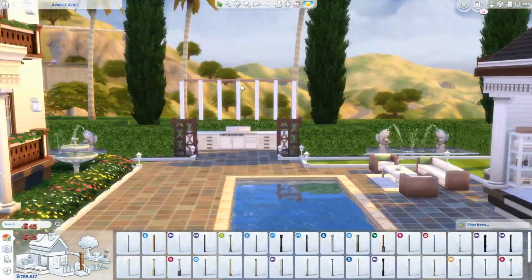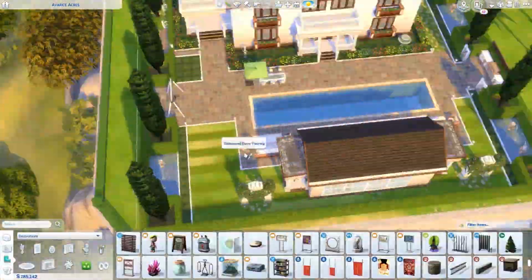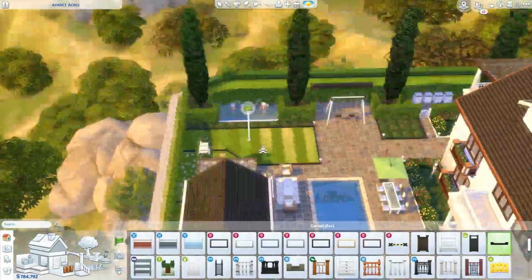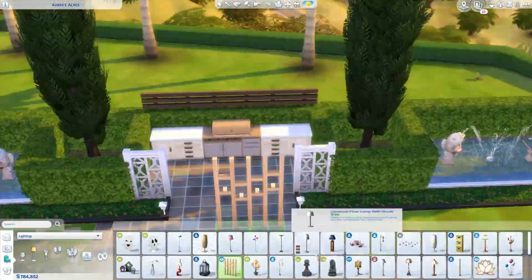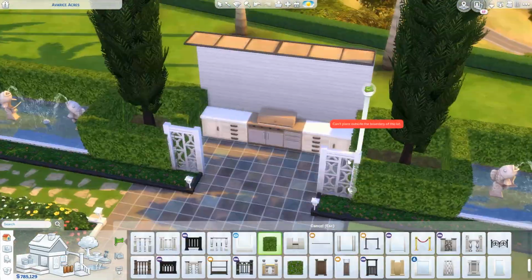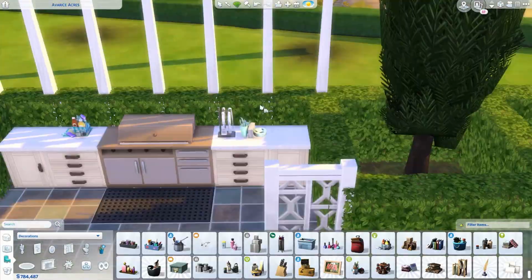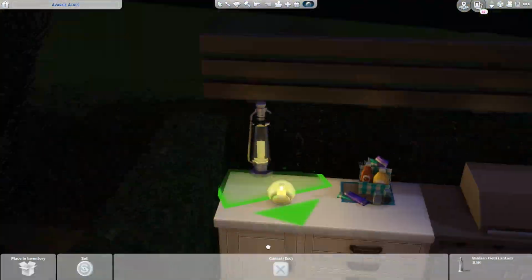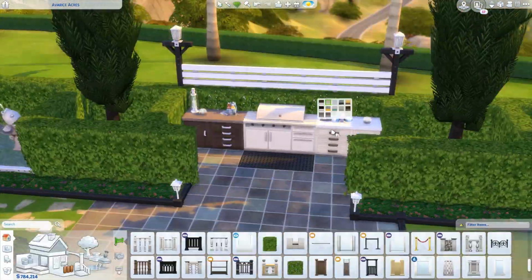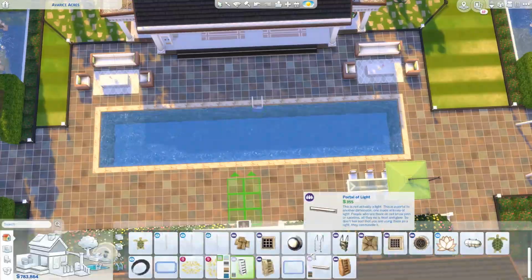But you know what? I'm not gonna lie, even though the landscaping took a long time, I am so happy with the result, and I actually learned to enjoy it a little more. It's not as crazy, it's not as hard as I thought it would be. It just takes a lot of time. That's the only thing. When you put in the time to do landscaping in The Sims, it takes a while, but I feel like the results